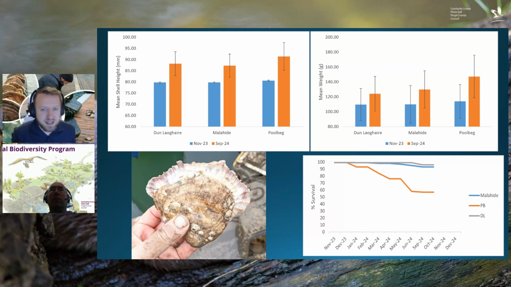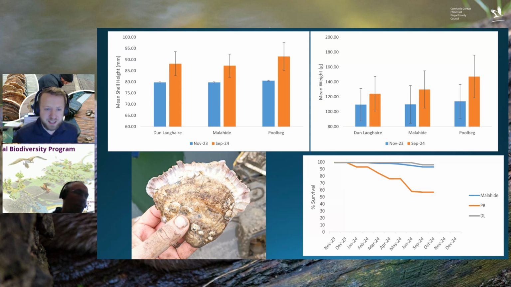They've gained weight in line with what we would want to see, compared to other projects. And then survivability is where we were really interested to see how well they would do. Dunleary has very, very high percentages. Malahide's just 1% below that, I think, at the moment. So they're up in the 98, 97 percent survival rates, which is phenomenal for a reintroduction effort. You don't see that in a lot of pilot projects. You usually see much bigger die-offs at the beginning.